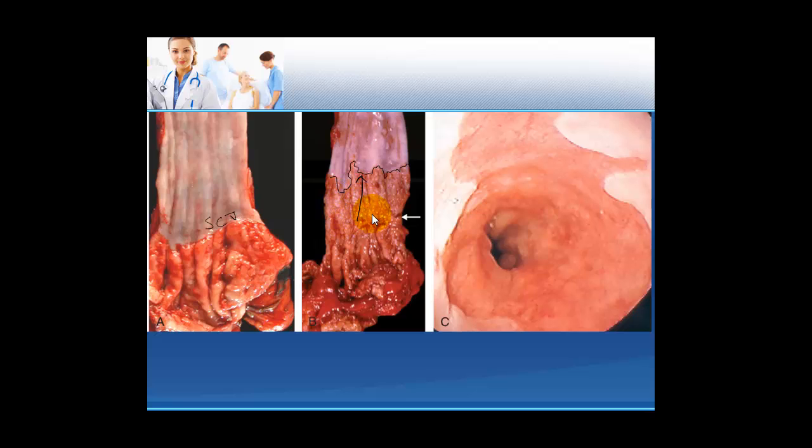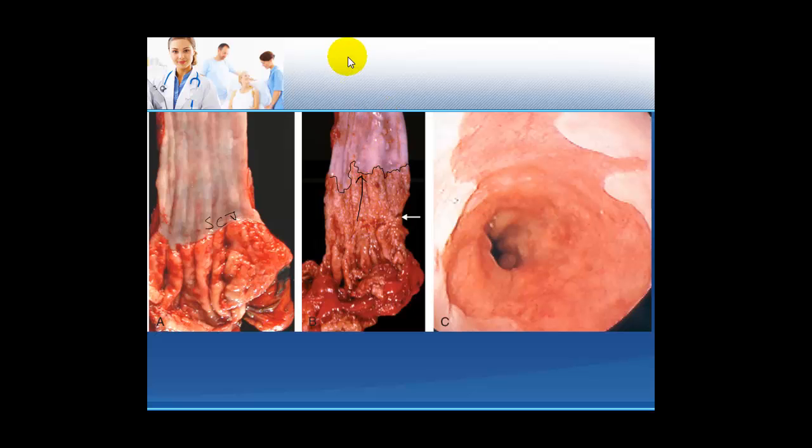the distal part of the esophagus is now in a continuous acidic environment, which it is not used to being in, right? So they are going to convert into a type of epithelium which is resistant to the acid environment, and that type of epithelium means something which can produce mucus. So that is why they change from squamous cells to columnar cells, because the function of the columnar cell is to produce mucus, and that is why they also have goblet cells. Goblet cells contain a lot of mucus.